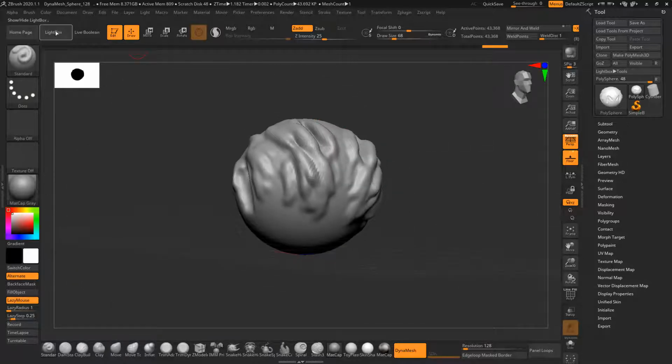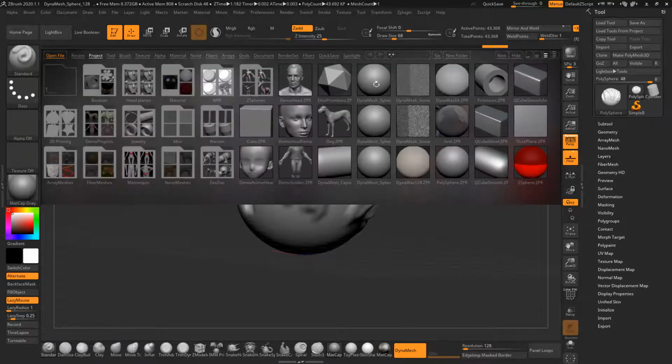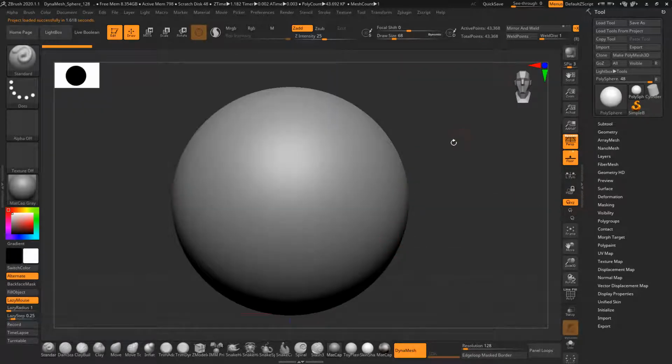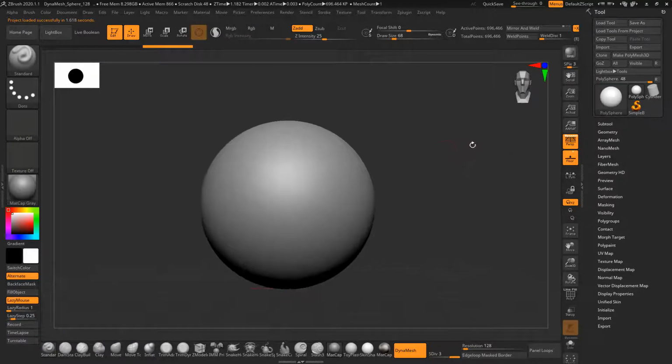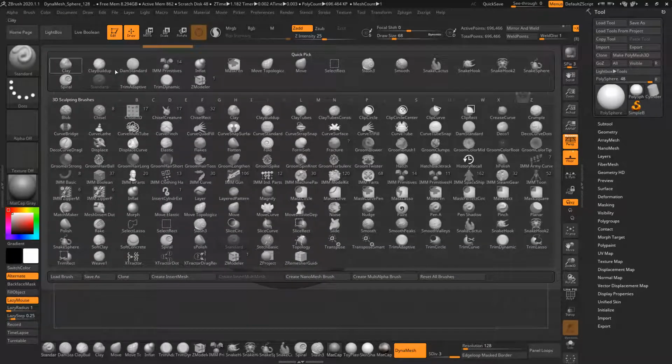I will go and select another sphere. Now, when I add details here, this is the brush panel: when I click on this icon, it opens the complete brush panel where you can see all the 3D sculpting brushes listed, and you can also see the quick picks. These are the most common brushes that you use, so that's why they are in this category.